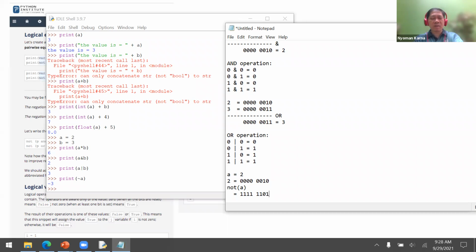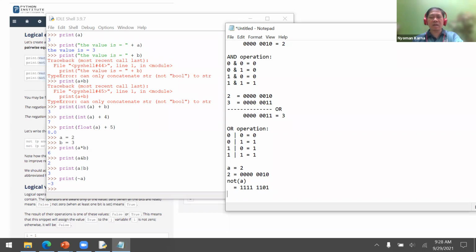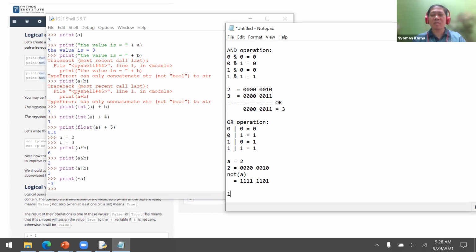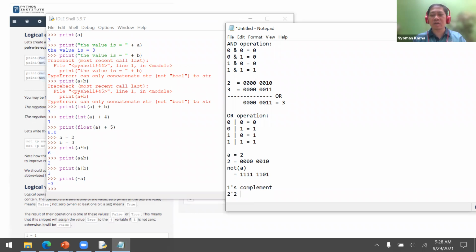So how come it becomes -3? Remember in Digital course, we explored what we call 1's complement, and then we also have the 2's complement. In 1's complement, we just negate or inverse every bit like this. But in 2's complement, after we inverse every bit, we need to add 1.